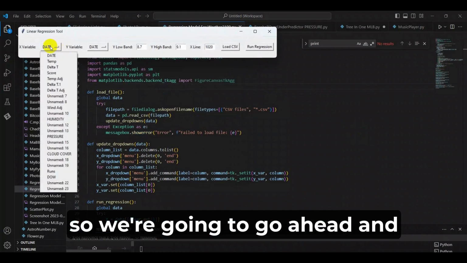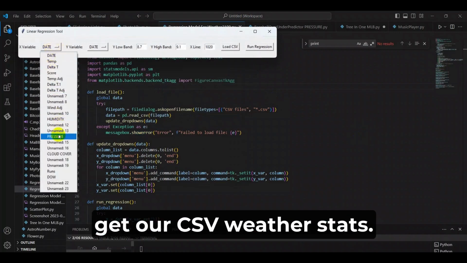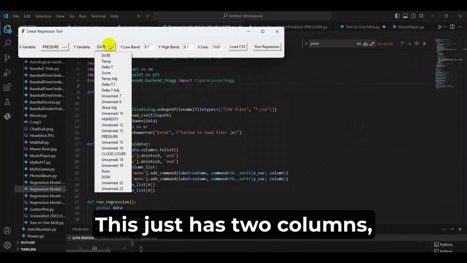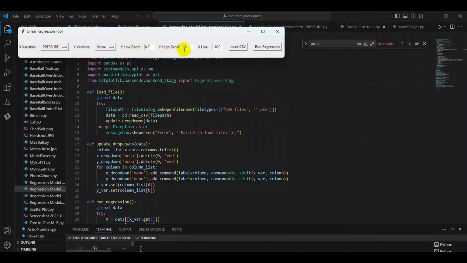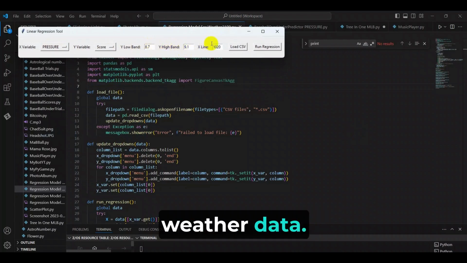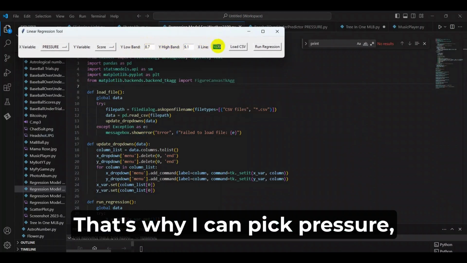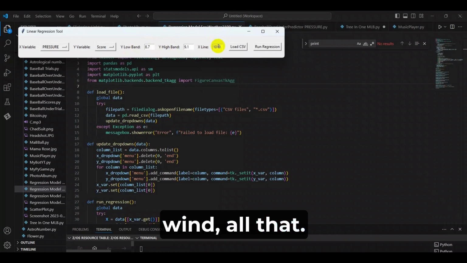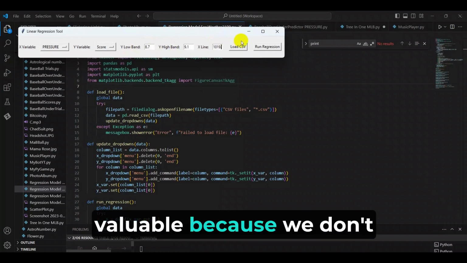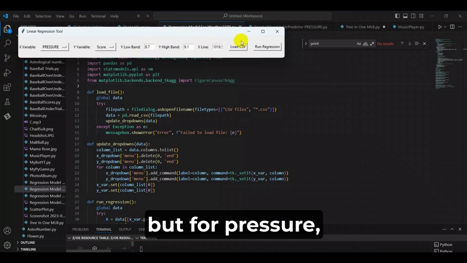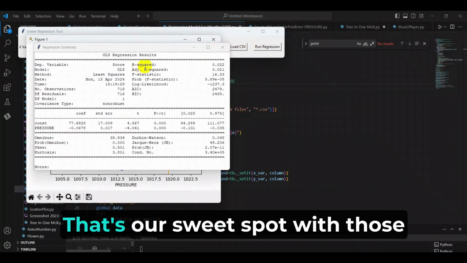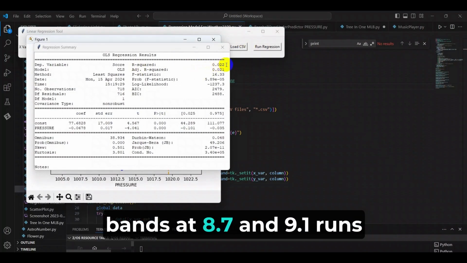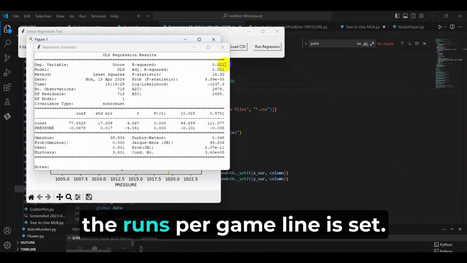So we're going to go ahead and get our CSV weather stats. Oh, that's not true. This has all of our weather data. That's why I can pick pressure, wind, all that. Our wind data is not very valuable because we don't have the wind direction. But for pressure, we're going to want to look at 1019.5. That's our sweet spot with those bands at 8.7 and 9.1 runs, because that's typically where the runs per game